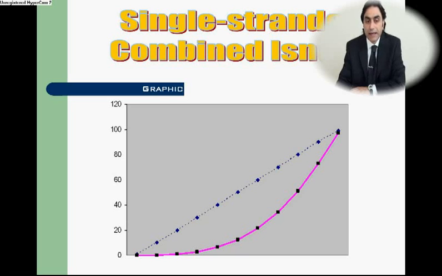In our study, in the graphics, it is clearly seen that for all of the single-stranded isnads, the curve illustrating the probability that the narration belongs to the source to which it is attributed always followed a path below the straight line of the reliability coefficient of narrators. As seen from the graphic, in single-strand isnads, the straight line indicating the reliability coefficient of narrators forms a D shape together with the curve indicating the probability that the narration belongs to the source to which it is attributed.